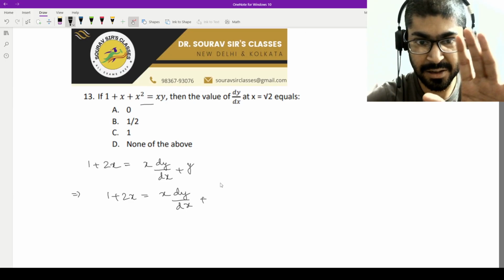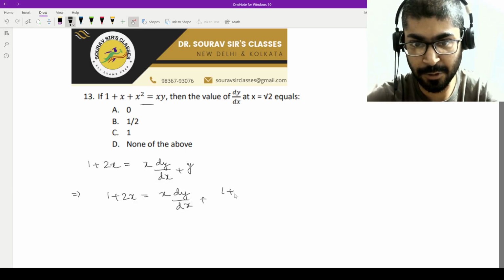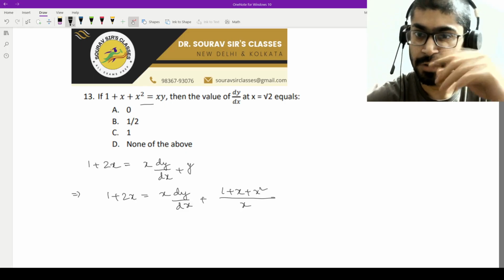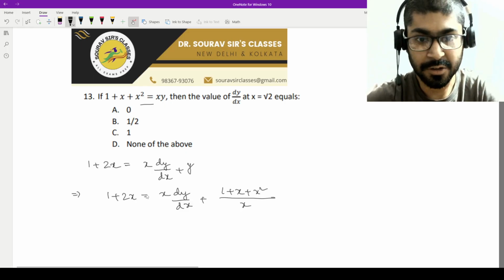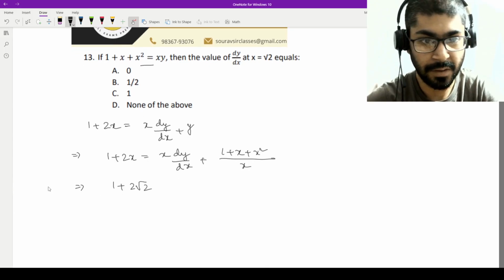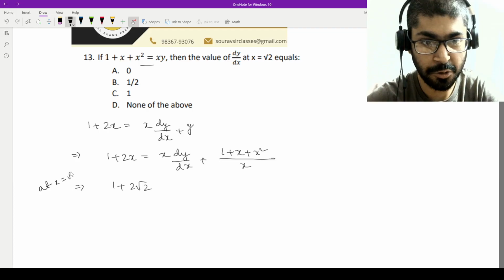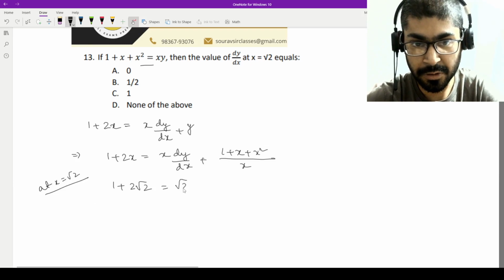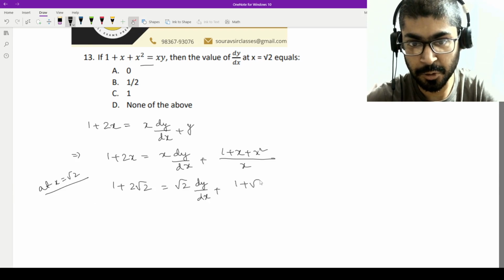Y, I can just move x to the left hand side. That will give me 1 plus x square by x. Now no need to do anything fancier. Just put the value of x, you'll get your answer. So put the value of x, you will end up with 1 plus 2 root 2 at x equal to root 2. You have 1 plus 2 root 2 is equal to root 2 dy dx plus 1 plus root 2 plus